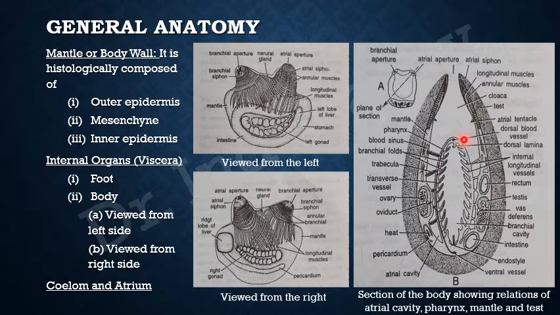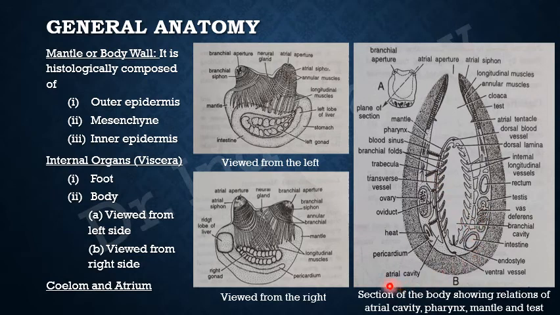The mantle covering is just secreted for protection of the animal, and then the mantle, for its own protection, secretes the test. So these are extra structures which are protecting the body. The actual body is the pharynx and the other organs. So all the spaces present in the pharynx and the other structures of the alimentary tract and the body, the space inside them represents the coelom, and the space outside the body and inside the mantle cavity is known as the atrium.